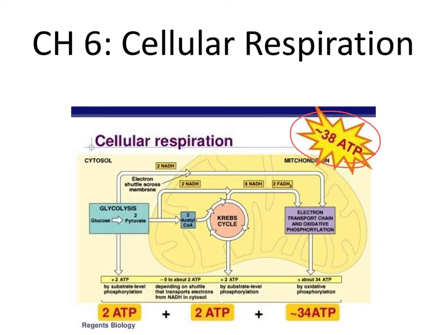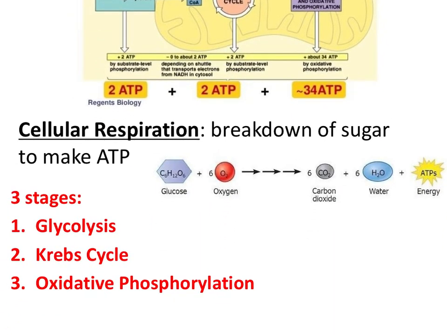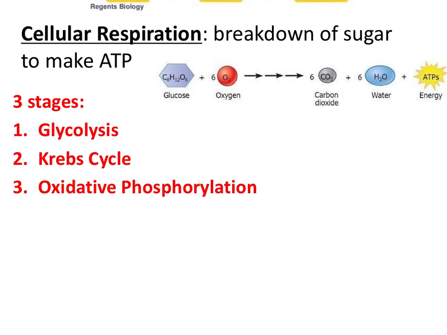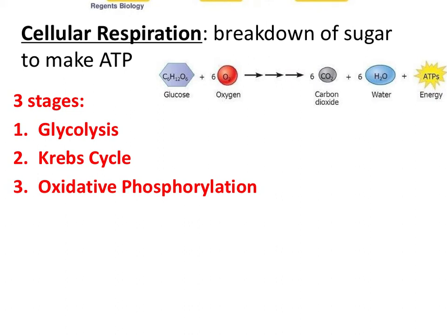The goal of cellular respiration is to make molecules of ATP. To do that, a cell uses sugar or glucose, and it breaks that glucose apart to make ATP. Cellular respiration occurs in 3 steps. The whole goal is to make ATP. In the process, some water is made as waste, and also carbon dioxide is a garbage waste product that gets